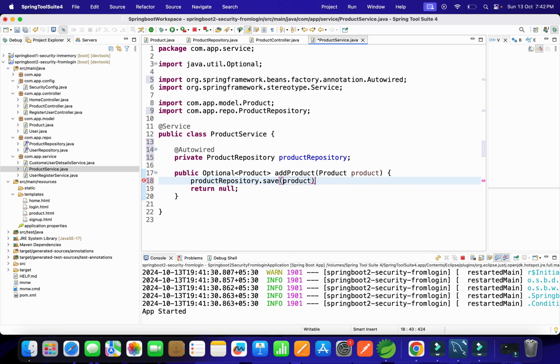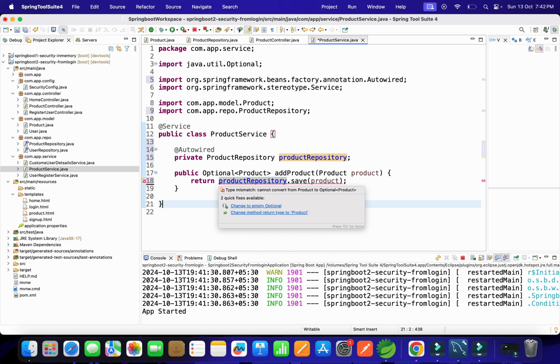Once you pass, it will return you the product, okay. And if it throws some exceptions also or anything, we can handle it here itself, and we can return it back, okay. But even if it throws exceptions, it will be handled by the Optional class, so no need to handle here basically. So we can write a return,